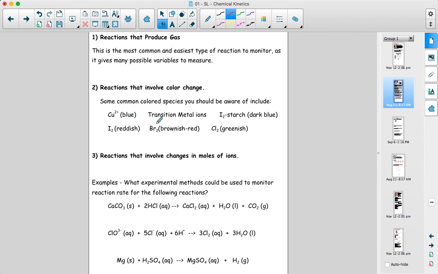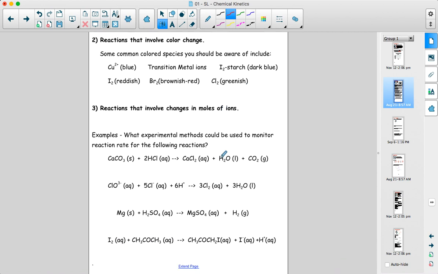iodine, which is sort of reddish, bromine is sort of reddish. Most transition metals have some sort of color, or the iodine starch complex, which has a very dark blue color. So those often get used as examples on the IB exam because they allow you to mention a colorimeter as a method of measuring the reaction rate. And then reactions that involve changing in the moles of ions from the reactant side to the product side are